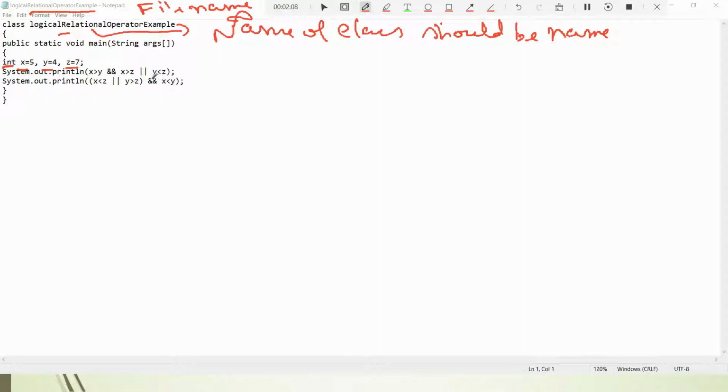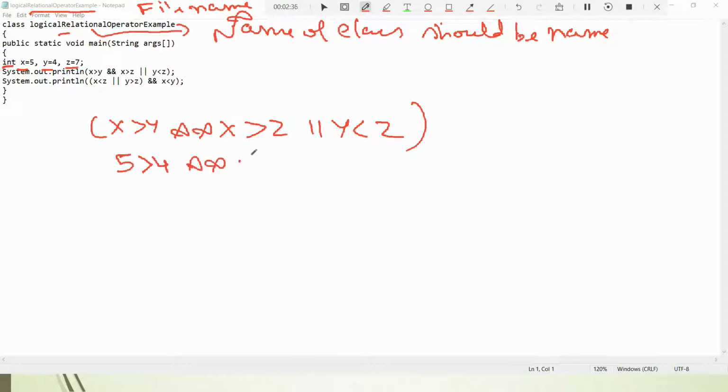So I told you the logical and relational operator output will be either true or false. Let me take this example first. Here I have, inside the bracket, x greater than 4 and y greater than 4, or x greater than z. According to associativity, it is evaluated from left to right. So x is 5, and 5 is greater than 4, which is true. Then y is 4, which is greater than 4, false.